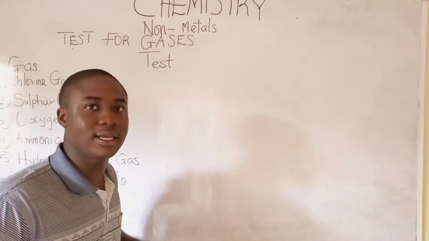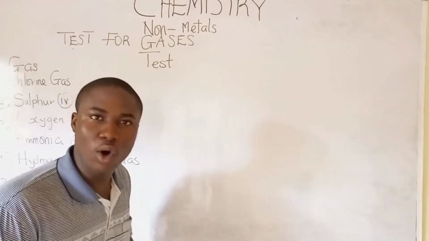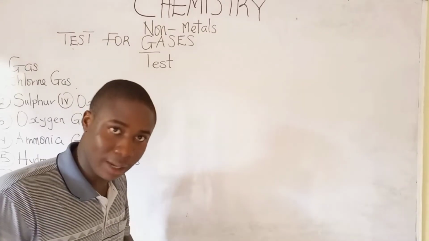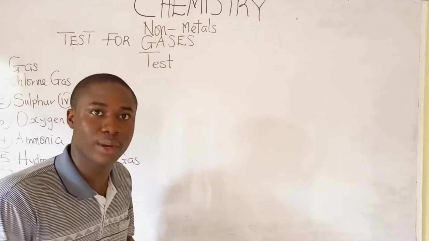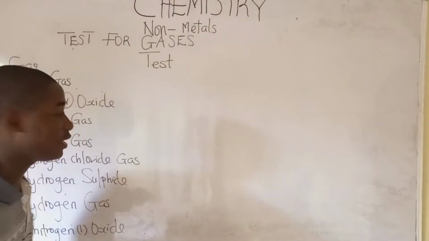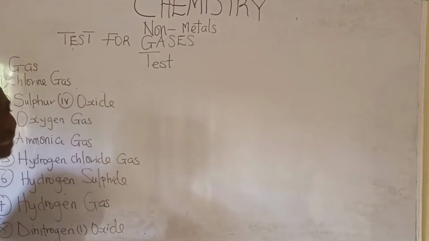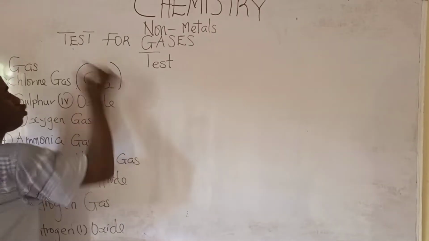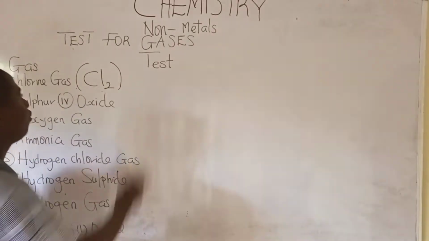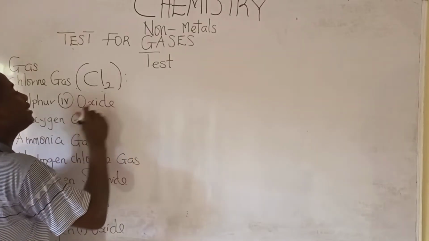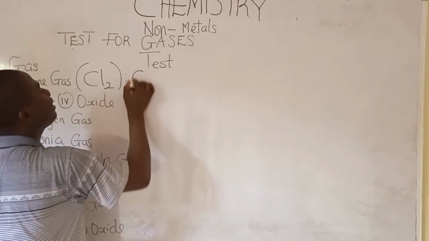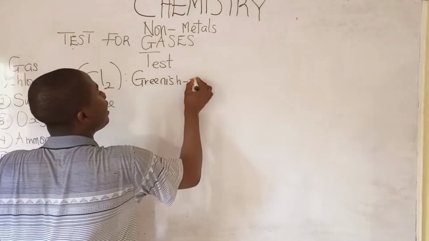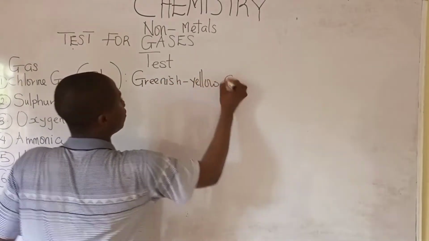In today's lesson, I'll be teaching on non-metals, where I'll be focusing on the tests for some gases that are very important for exam. Now, the first of the gases here is chlorine gas. Chlorine gas is given the symbol Cl2. Chlorine gas basically has a greenish yellow color,